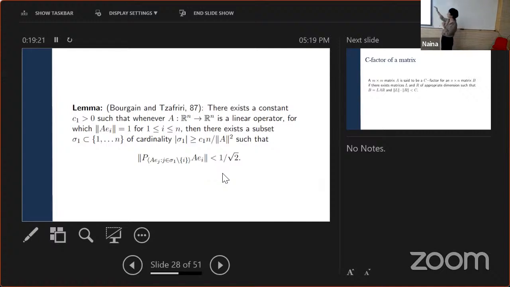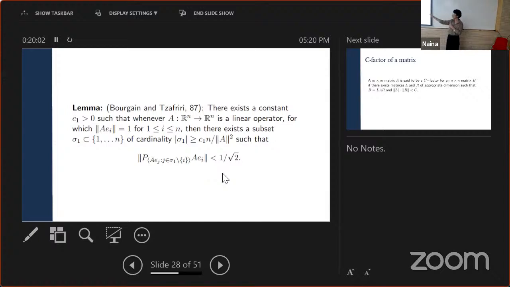The first two sentences say that if I have a matrix that satisfies the hypotheses of the Bourgain-Tzafriri theorem, which is that all the columns have norm 1, then I can find a subset sigma 1 of 1 to n, such that its size is again some other constant times the stable rank. Then there is this weird-looking function, norm at most 1 by root 2. What this is, is the projection of some columns onto another subspace. For example, if my columns were 1, 2, 3, 4, and say sigma 1 was the columns 1, 2, 3.